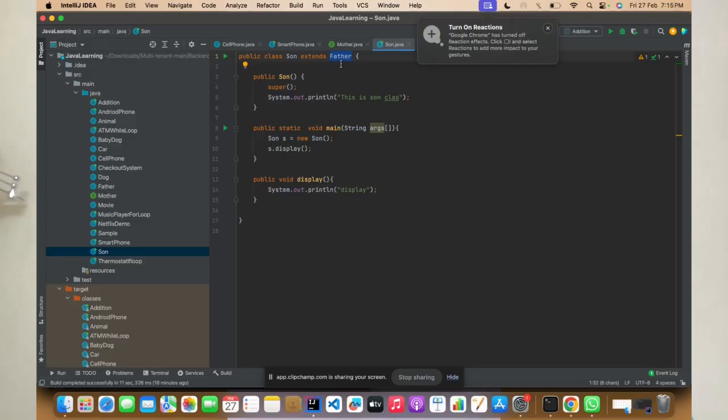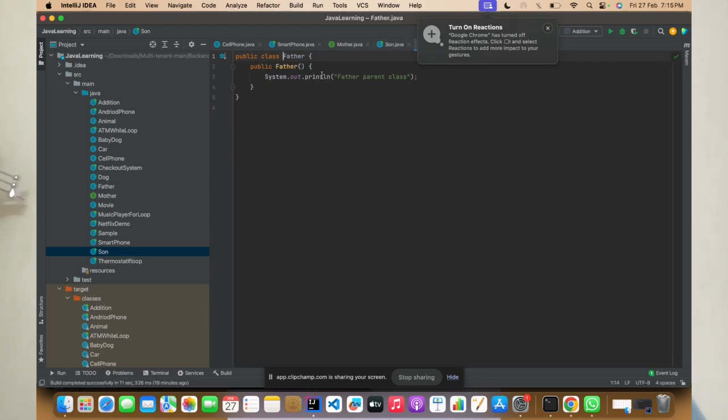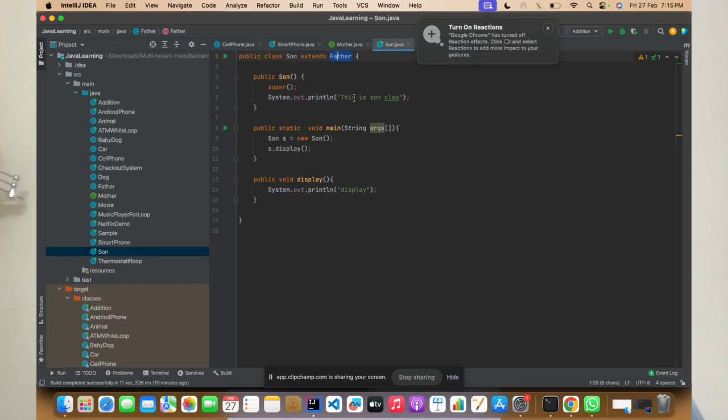It will print the father parent class message first, and then the current class constructor. I'm trying to show you the execution order. Then it will print the son class, and then it will print the display. If I just run this,